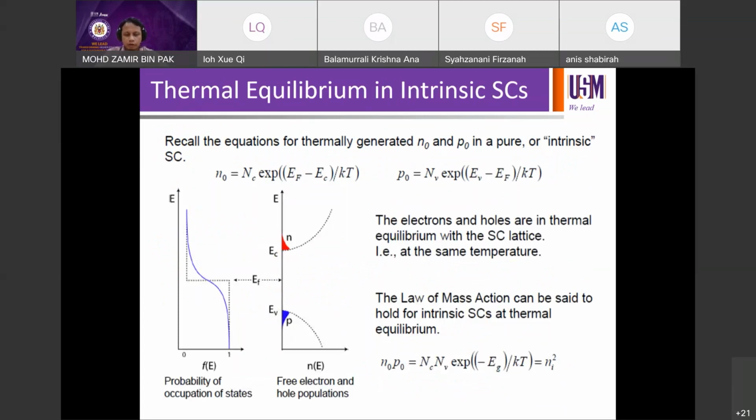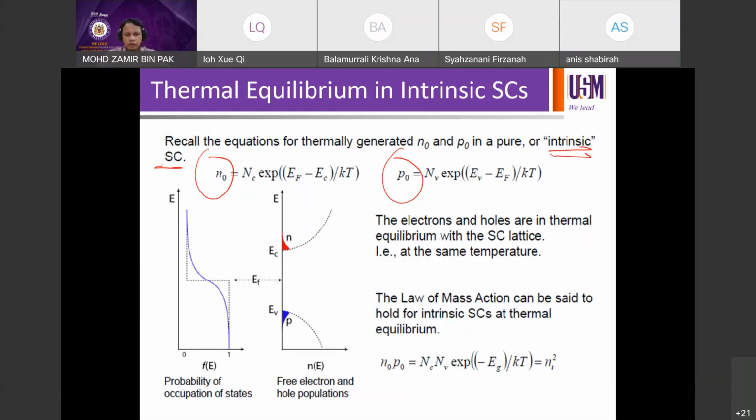Remember last time we talked about density of states, density of free electrons, density of free holes, and we have already learned about these equations, right? Recall the equation for the thermally generated n0 and p0 in a pure or intrinsic semiconductor. And this is in intrinsic. Okay, so what is intrinsic semiconductor? What is intrinsic? Pure. Right, undoped, right? Pure, undoped. Good. So these are the two equations that we're going to use a lot when you deal with n or